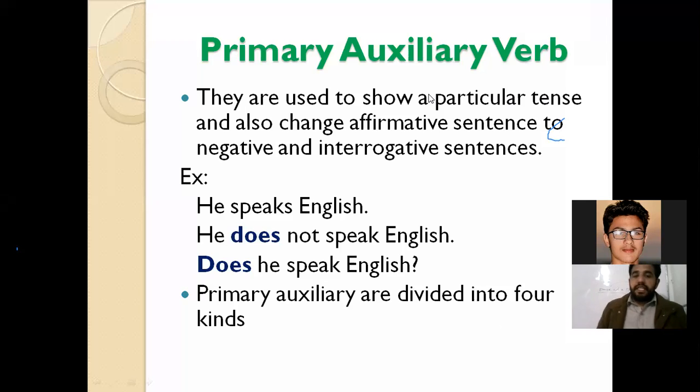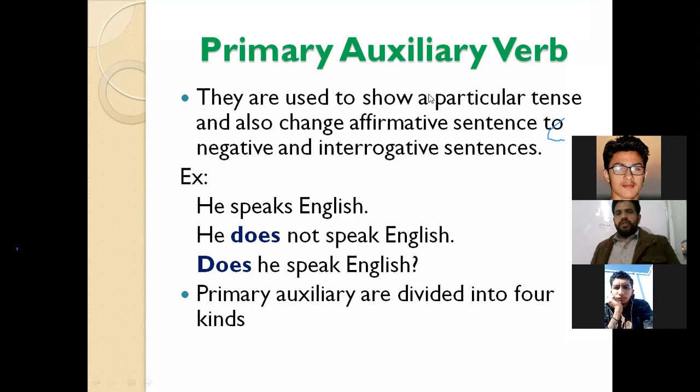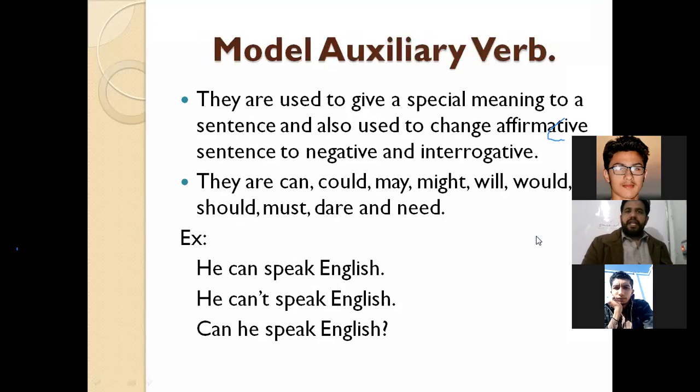Primary auxiliaries are divided into four kinds. Understand? They are further divided into four kinds. We are not going to talk about that. That is not our topic. Our topic is actually modal auxiliary verbs. So what are modal